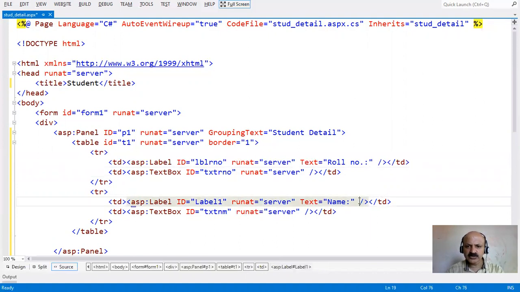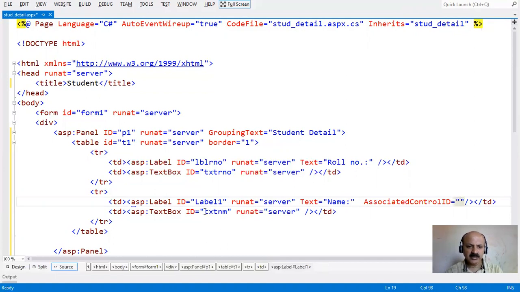We also use an important property of the label known as AssociatedControlID. What is the use of AssociatedControlID in ASP.NET? It is used to specify which control is used for that label.